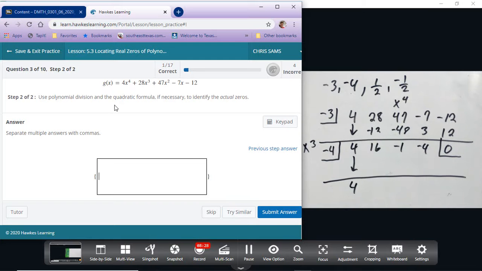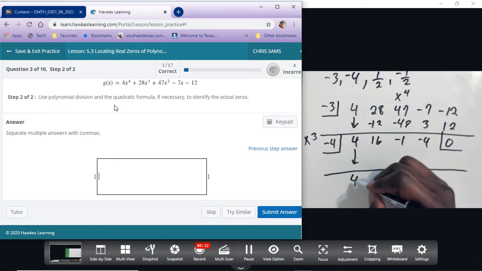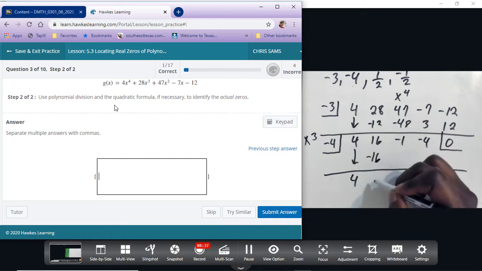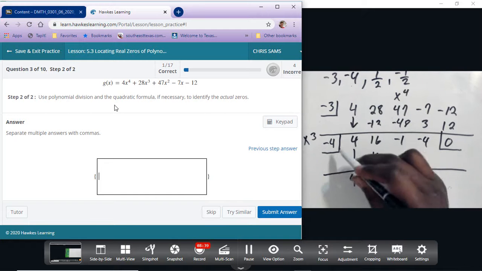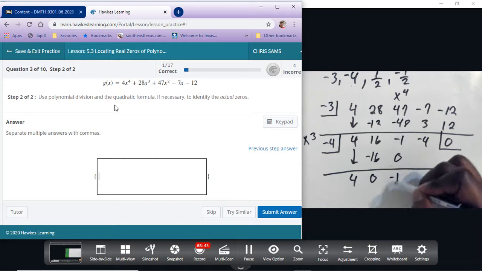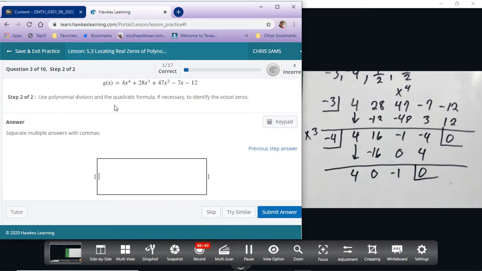and then -4 times +4 gives us a -16. This will give us 0. -4 times 0 is 0. Combine these, we get a -1, and -4 times -1 is +4. We get 0. Alright, so there we have it reduced again. So now from here I only have a quadratic, so